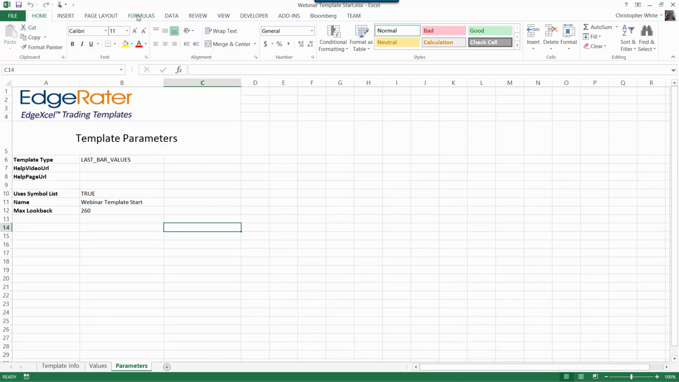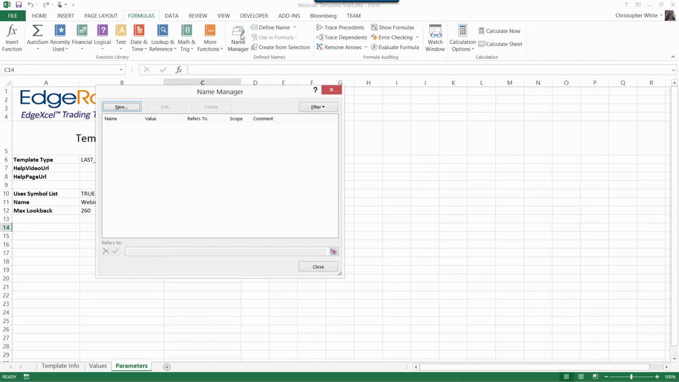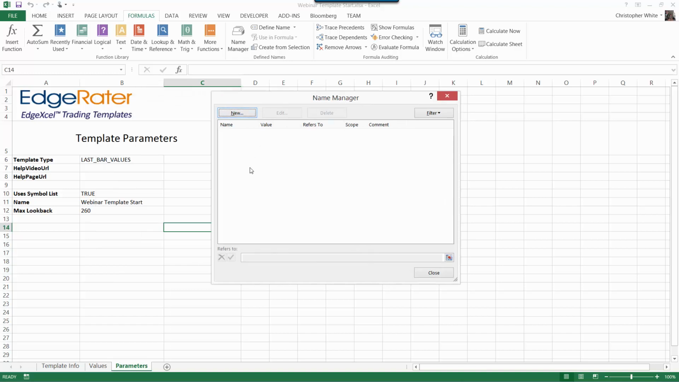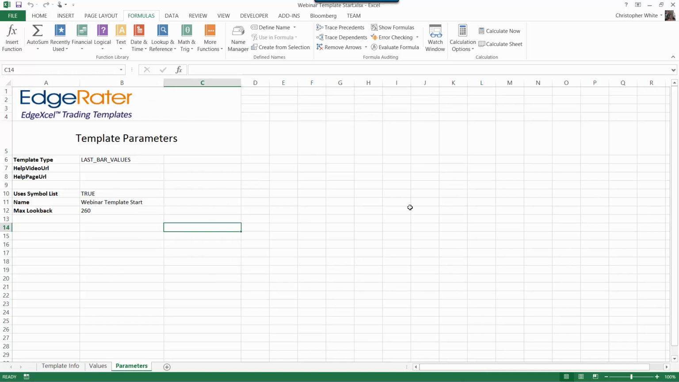Okay, at the moment, if I look in my name manager, you see there are no predefined names here. But remember last week I mentioned that the way that templates figure out what to do is they look at defined names and they try and process those defined names. So what are the names that are important? Well, I made a little